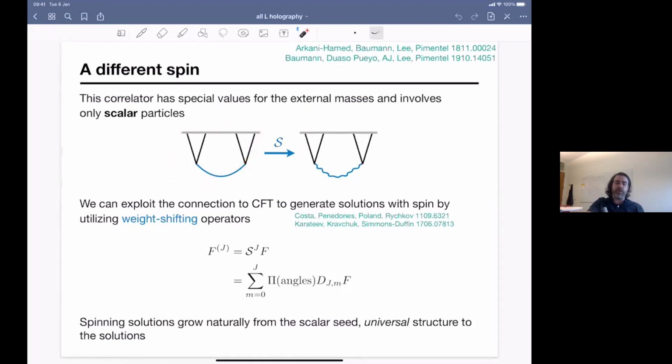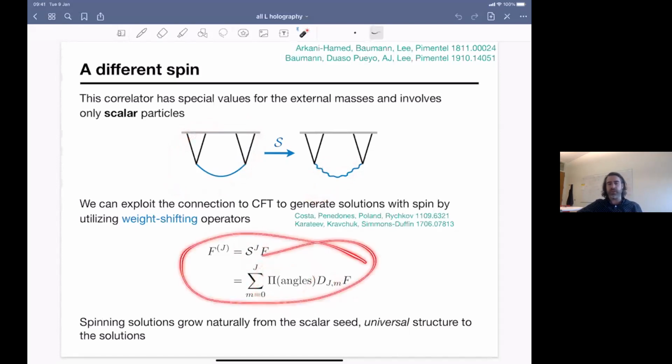So for example, if I want to generate the solution where a massive spinning particle is exchanged, there's a relatively algorithmic way to do this where I just act with some differential operators on this f function that I described for you, and it generates some non-trivial exchange solution, which is now a function of more kinematic variables, but which really has the same physics of exchange, which is captured by this scalar exchange. And so if you like this kind of thing, there's a completely explicit formula for exchange of basically any mass and any spin,